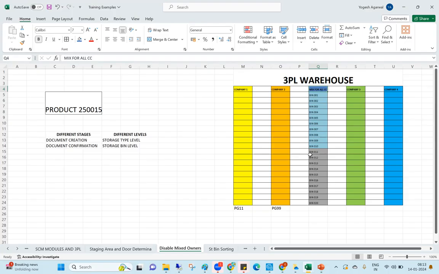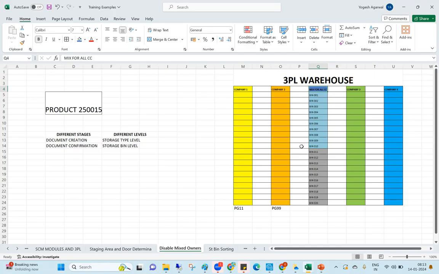So see, why do we have a separate storage type? First of all, it's a mixed storage type for all the different companies. Now, within that storage type, why will I have a storage section again? Yes, your point is right. Fast moving, slow moving. Very good. Or maybe dangerous goods and non-dangerous goods. Or maybe refrigerated products or normal products. Like that also we can have. But here my point is